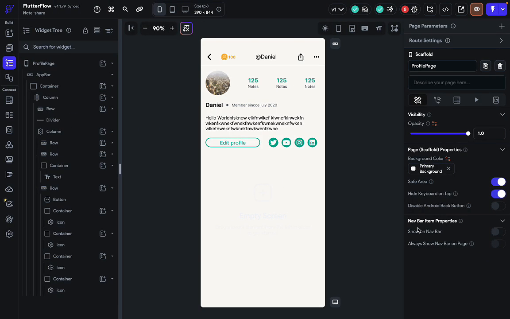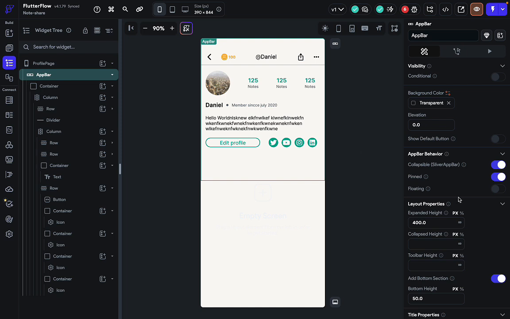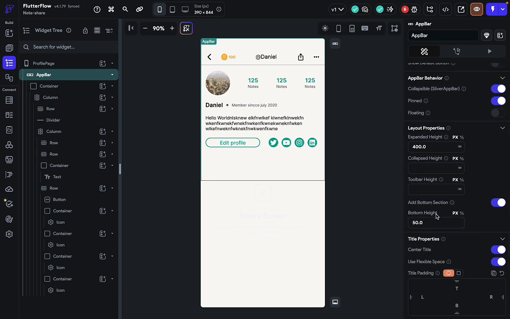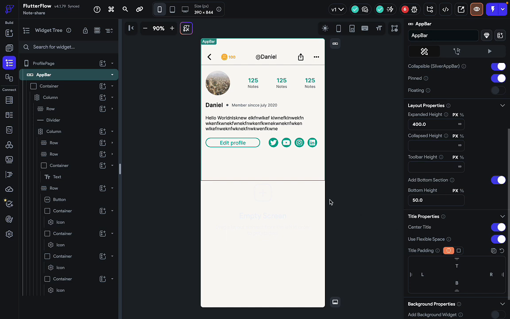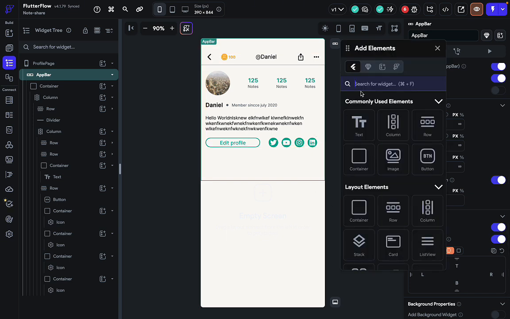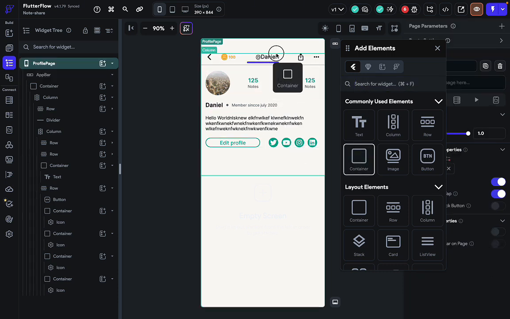Like I told you, in the app bar, if you click inside of the app bar, we have a bottom which is taking 50 pixels height. So inside of it, let's add a container. So if I use my shortcuts and add a container, if you go inside of the app bar,